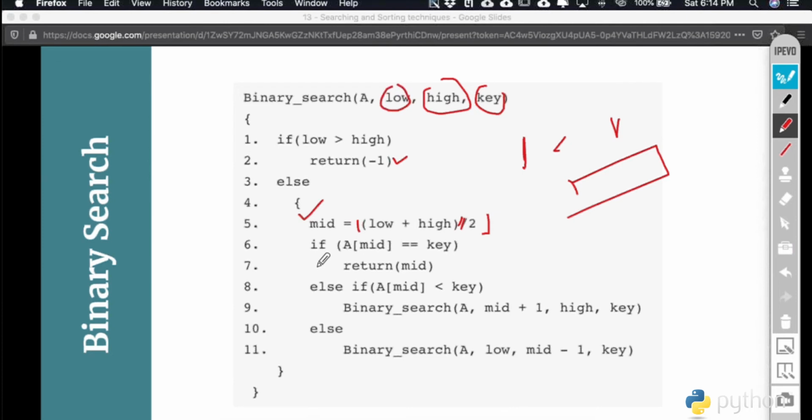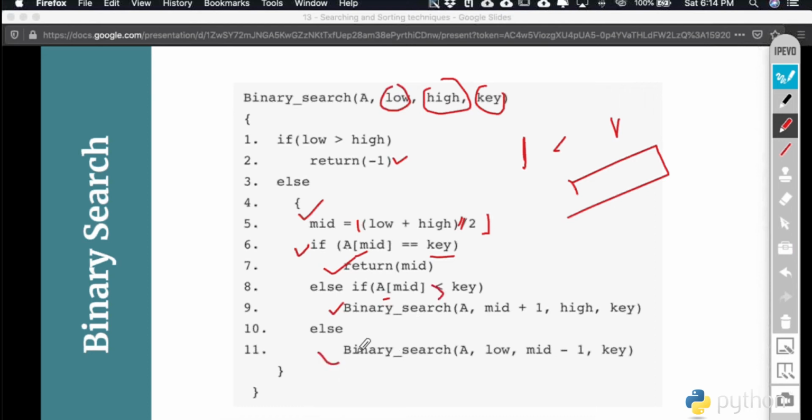And then what you do, we look for three possibilities. The first possibility is if your mid element is equivalent to the search item, then you return the mid index. If the mid element is not equal to the key, then you look for another possibility, where you see whether this item is greater than the mid element or not. If this item is greater than the mid element, then we search in the other half part of the list. If this condition is not true, certainly the other part will be true, where the mid is greater than the key. Then we will look at the second half part of the list.